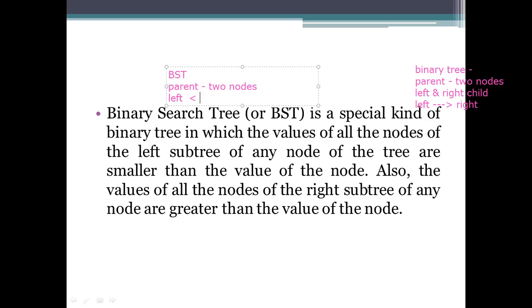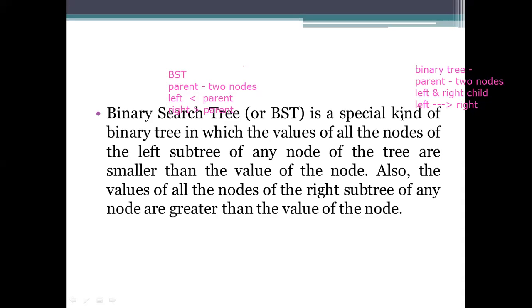So here the relation is that the left child should be less than the parent, and the right child should be greater than the parent. That is the relation.